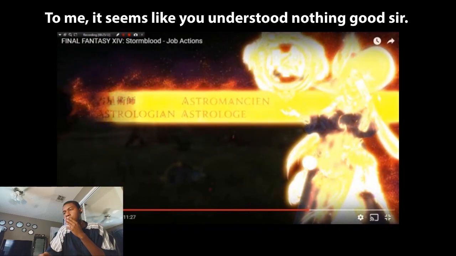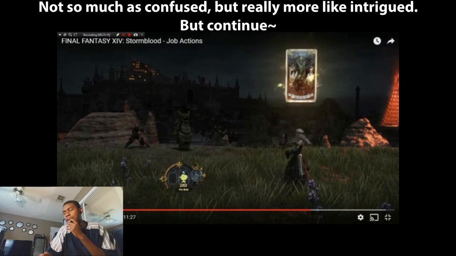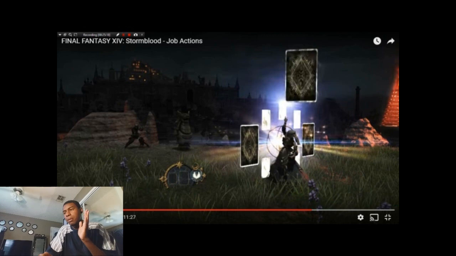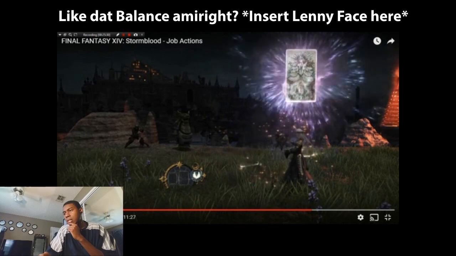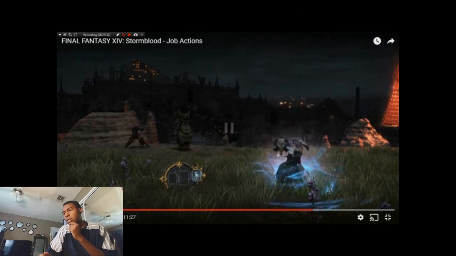Now we go into Astrologian. Astrologian is another one that actually confuses me a bit because I don't truly play Astrologian all that much. It is one of the main healers that I like to play other than the other two because of the aspect of the cards. So for what we see here, we just used the skill that was in the benchmark,